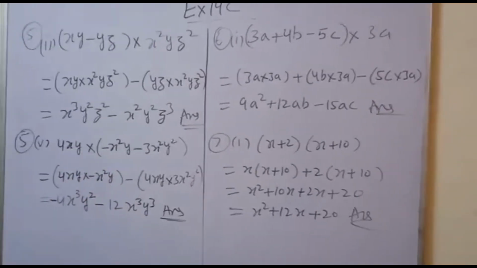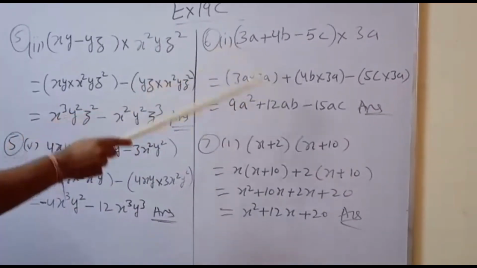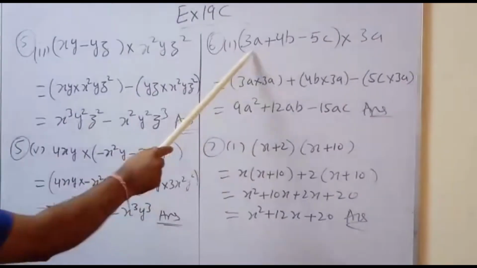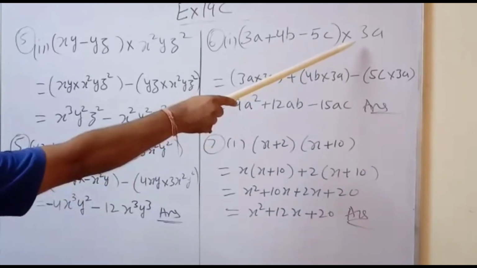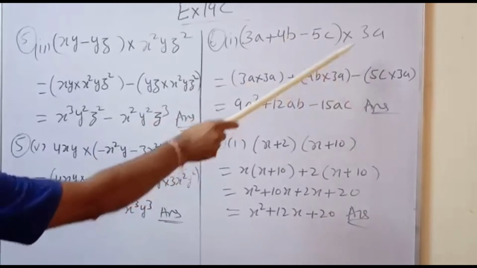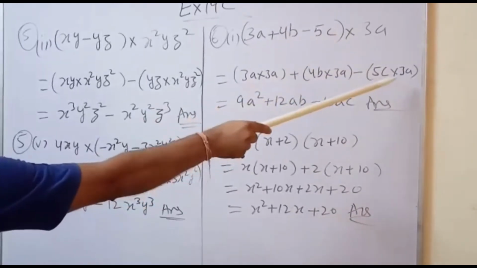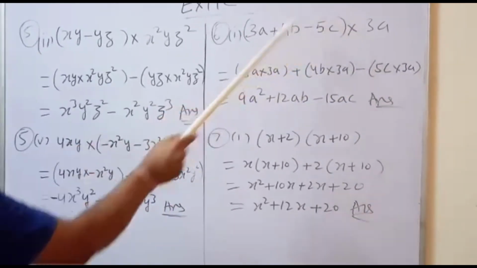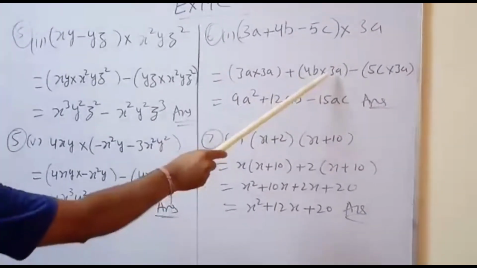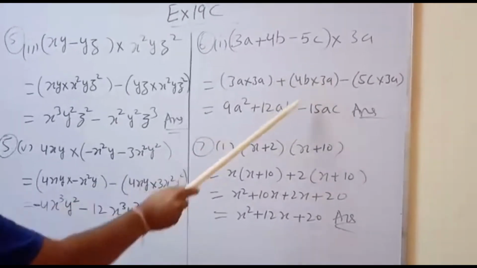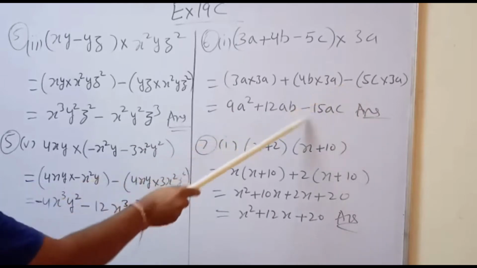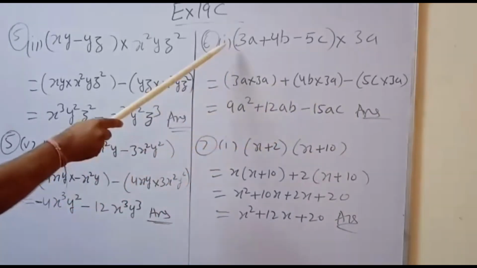Now taking question number 6, first part. Here we are having the trinomial by monomial. So same, each term will multiply to the monomial. So 3a into 3a, 3a into 4b, 3a into 5c. That 3a will multiply in all three terms. We will give 3a to 3a, 9a square, 4 into 3, 12ab, and here 5 into 3, 15ac, minus sign and plus sign as they are. So this is the answer of question number 6, first part.